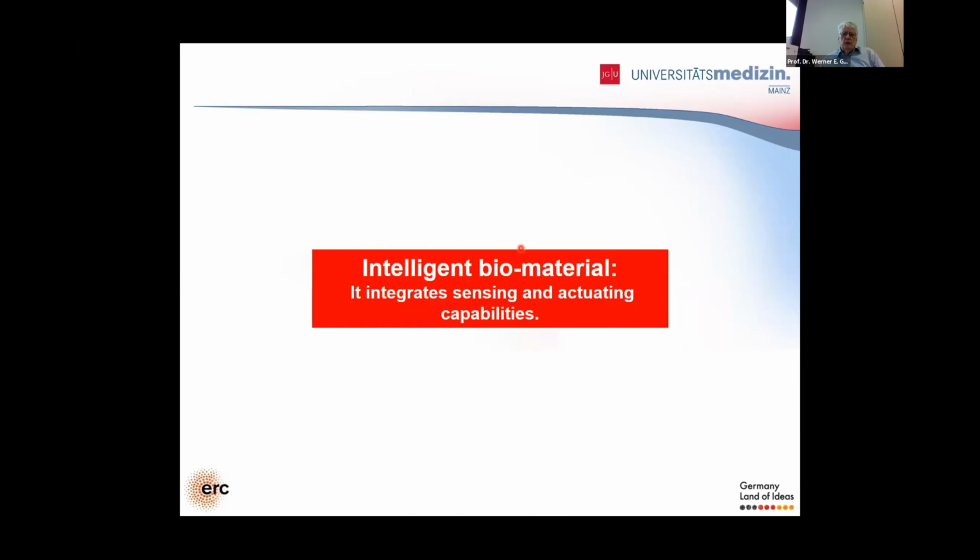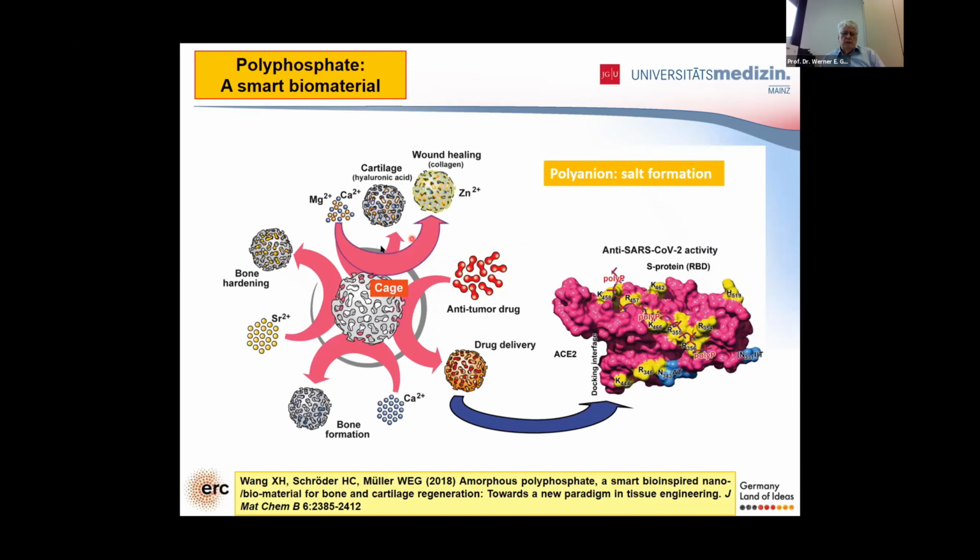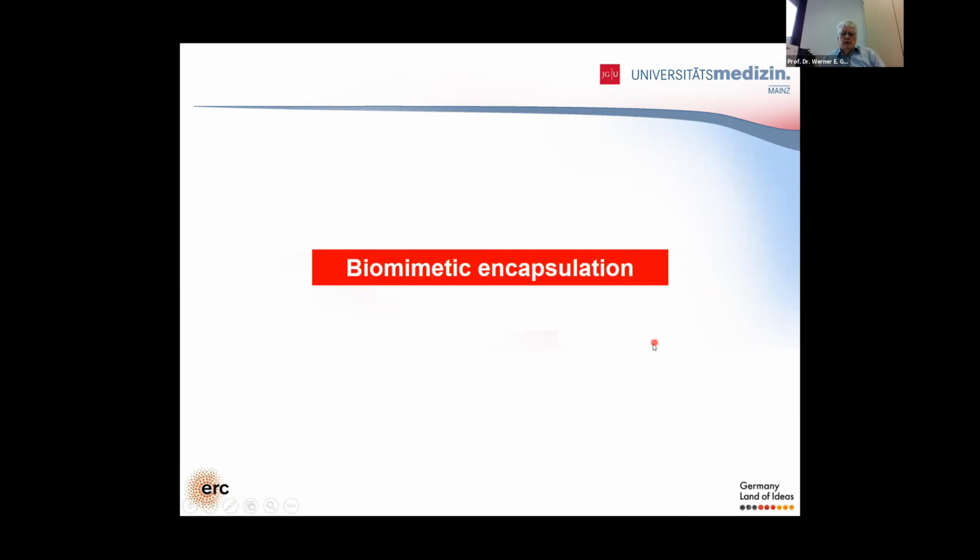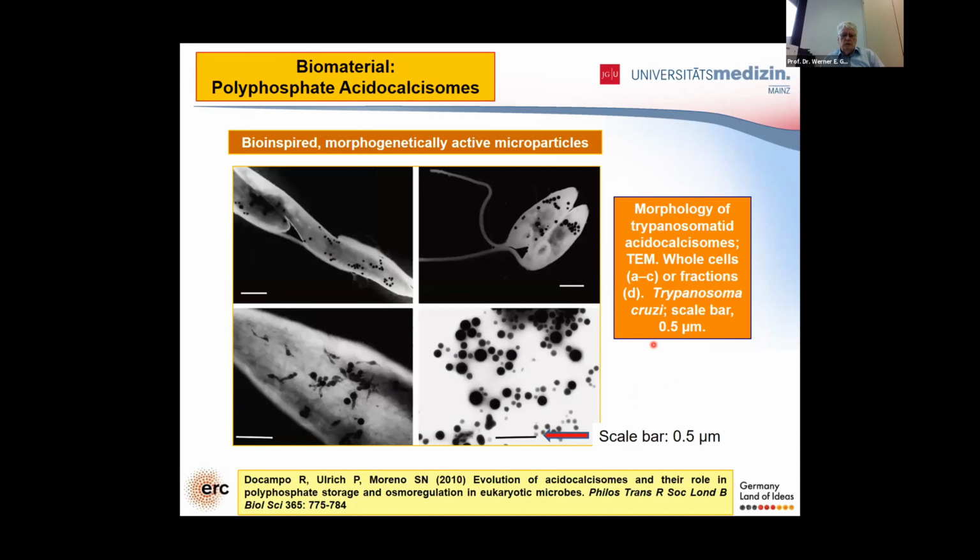Then we found that polyphosphate, if it is linked to magnesium and calcium, has a little bit different biological activity than, for instance, with strontium. I come to this, and finally it has also high activity, of course, against the COVID-19 virus. First, biomimetic encapsulation. We needed to fabricate a polyphosphate in the same way like cells are doing it, and